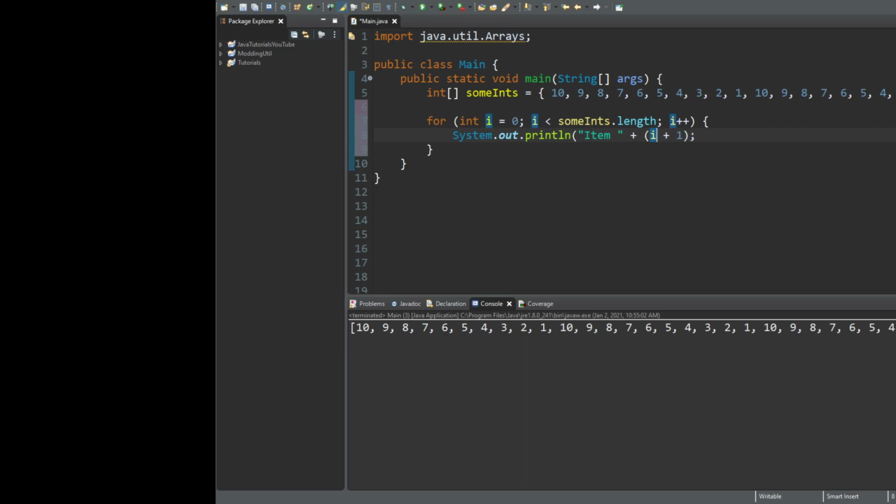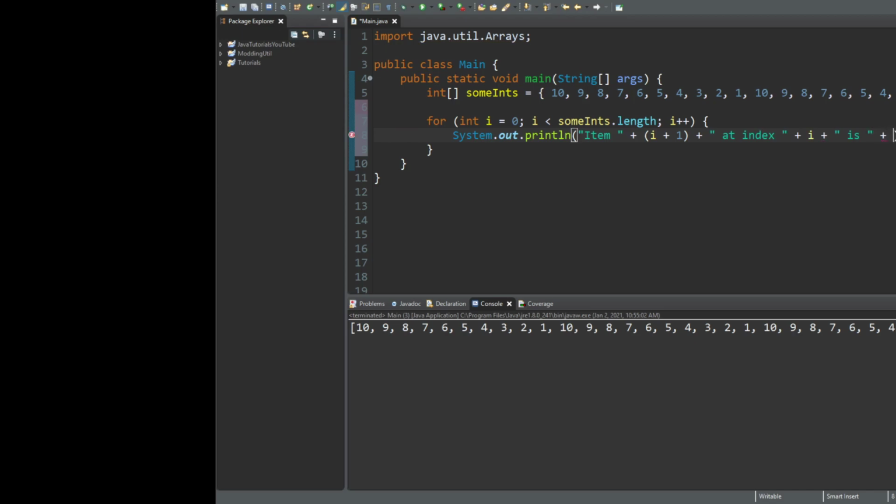And so we're also going to surround these with parentheses, so that it evaluates that first and treats it as one whole value. And we say plus, and then we go ahead and do a string again, space at index, and then here we just give it i plus again, is,